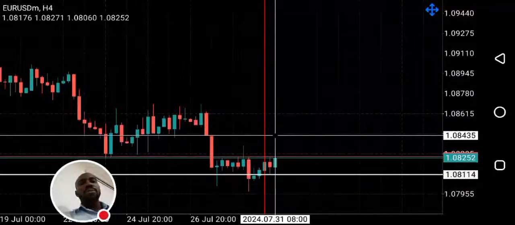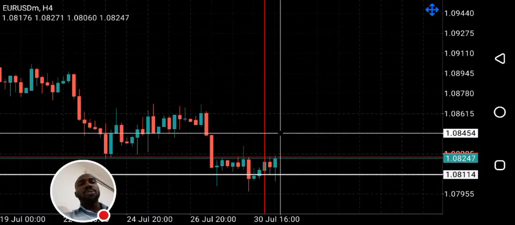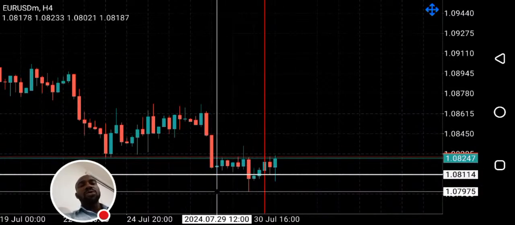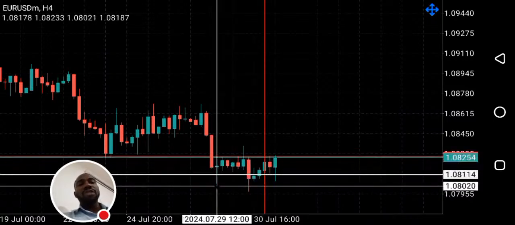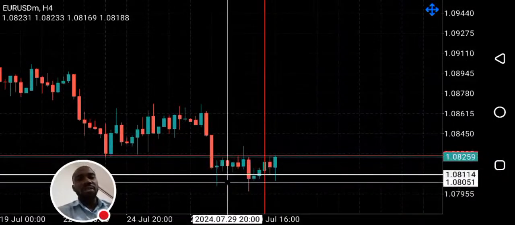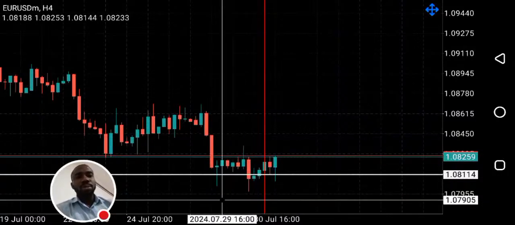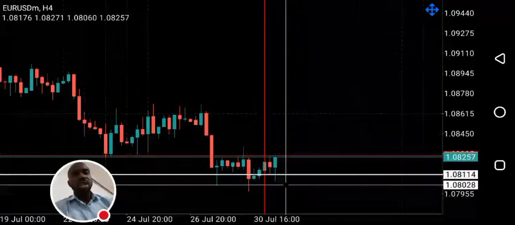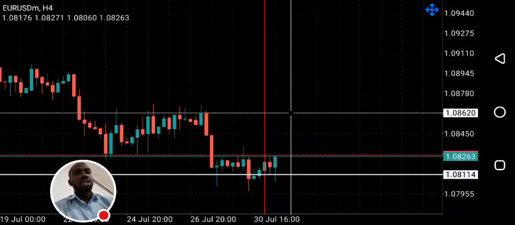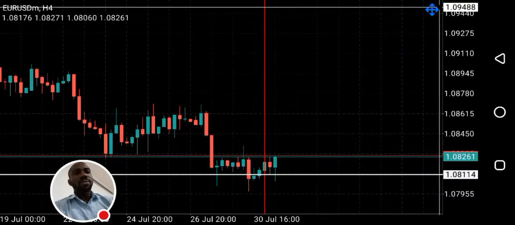Euro USD would have gone bullish, but I think because of the major news that will be released, they had to push price down here to clear liquidity. They know a lot of retail traders would have executed a buy after the formation of this bullish reversal pattern, and their stop losses will be at this low or a few pips below this low. So what they did was to clear liquidity at this low. That they have achieved, and right now EU is set for buy. This is a buy setup.